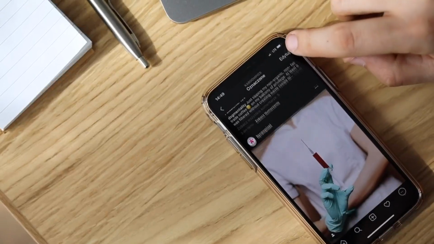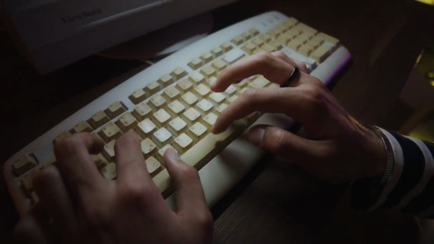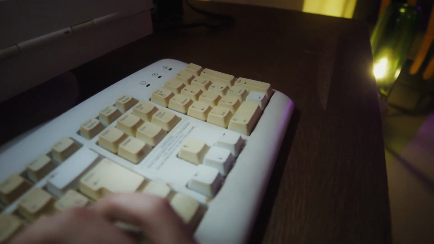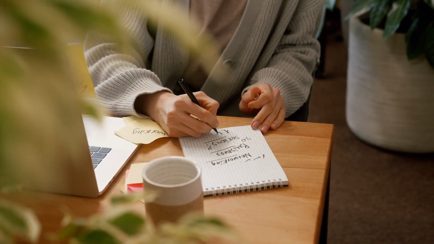I have been saying this for a long time now. Thumbnails matter way more than most creators actually give them credit for. If your thumbnail doesn't catch the eye at a glance, people will just keep scrolling right past your content. Yet, 9 times out of 10, thumbnails are just an afterthought slapped together 5 minutes before you hit the upload button. You need to stop doing that because top creators plan their thumbnail concepts before they even hit the record